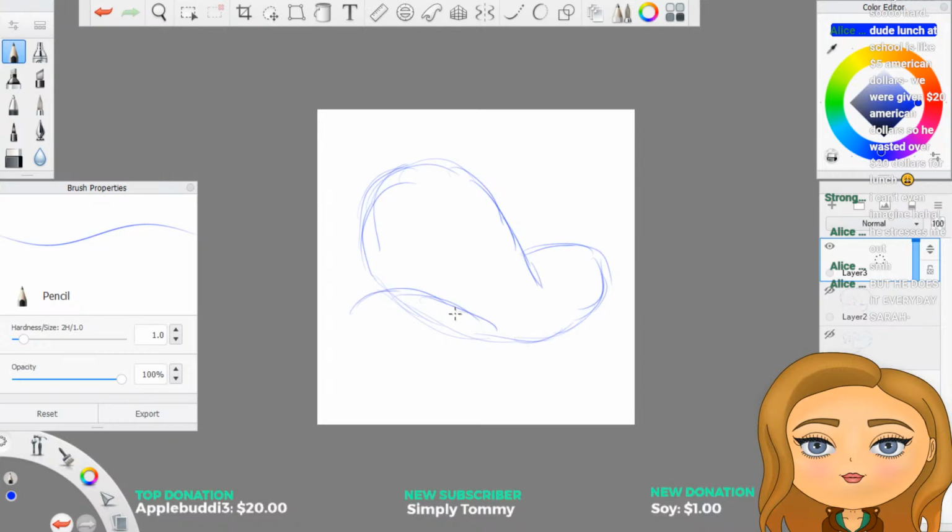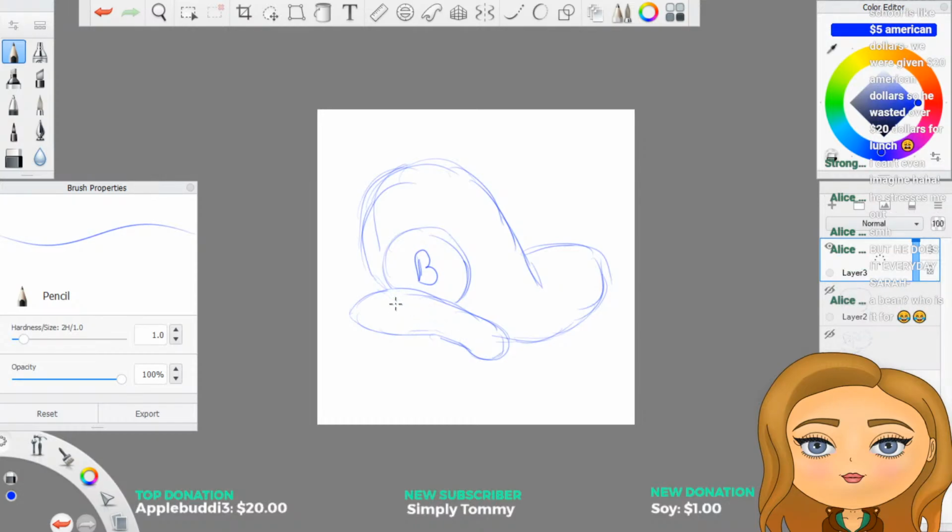And then the brim is like its own separate bean. And then this would be your logo situation. I don't know why I emphasize that so much, but it is what it is.